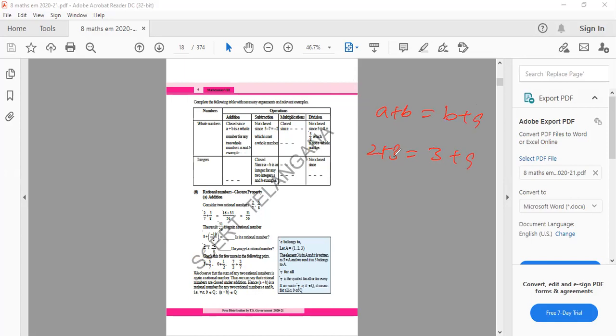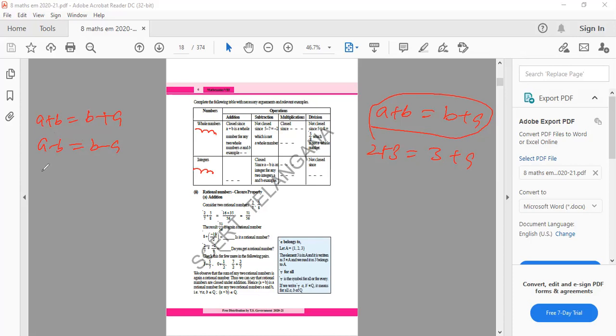If A plus B is equal to B plus A, this comes under the closure property, closure property of addition cases. So here they are testing the closure property. Is it going to be valid or not? They are telling about whole numbers and integers. Addition of closure property means A plus B is equal to B plus A. Then subtraction means A minus B is equal to B minus A. Is it valid or not? We have to check it out.